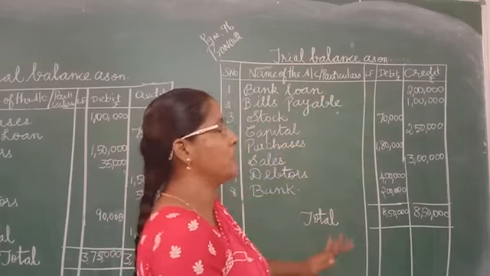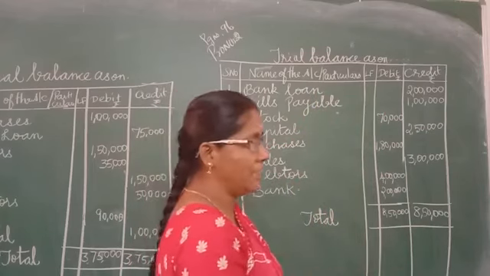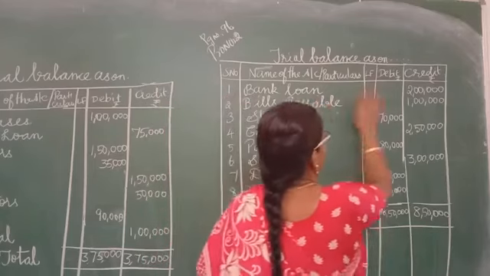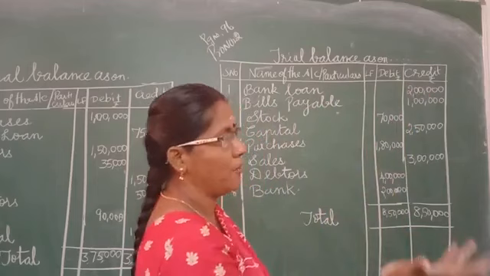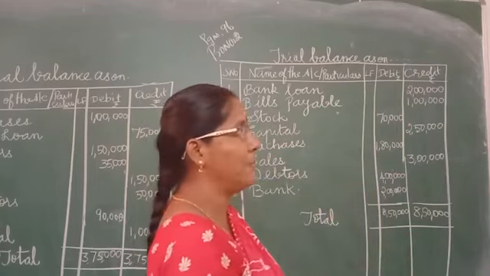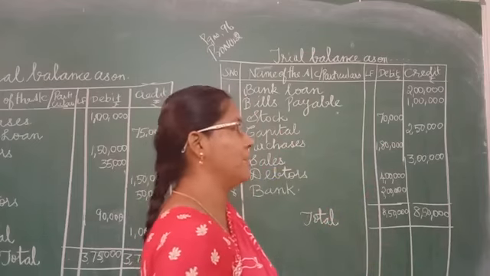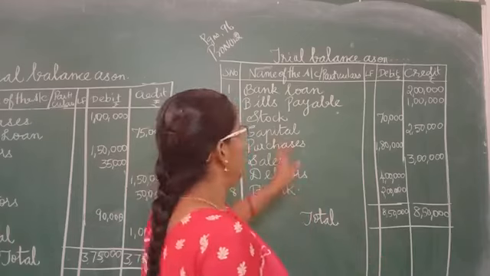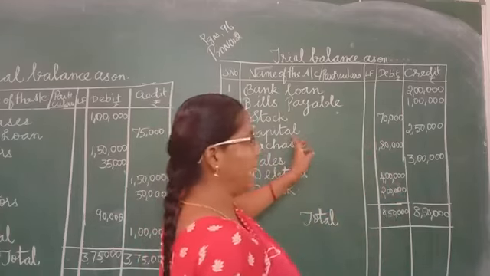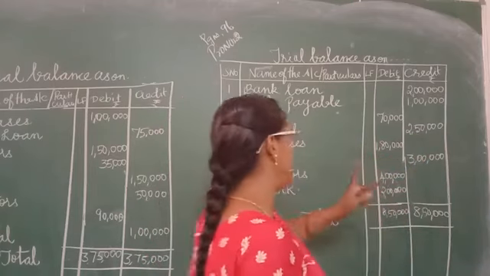As per the sums you have to write everything, but the only thing you are going to do is write whether it is a credit balance or a debit balance. So bank loan, it is a credit because it is an obligation to pay to others. Bills payable, that is also what we have to pay. This is a liability. All the liabilities we credit. Capital also is a liability, so we have credited. Stock, it is an asset for us. Then capital, it is a liability, so we have credited.